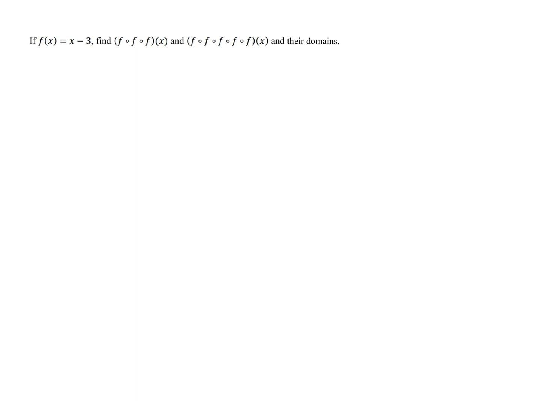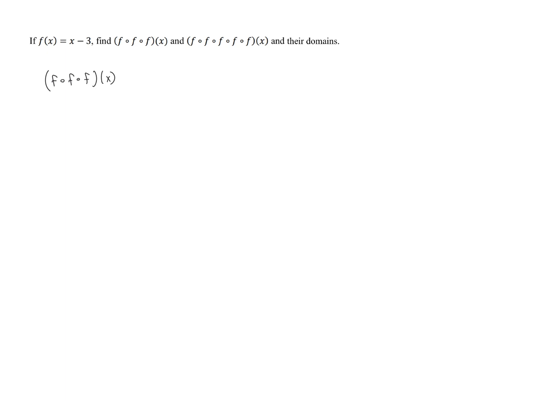If f of x equals x minus 3, find f of f of f of x and f of f of f of f of f of x and their domains. So if we're going to start with f of f of f of x,